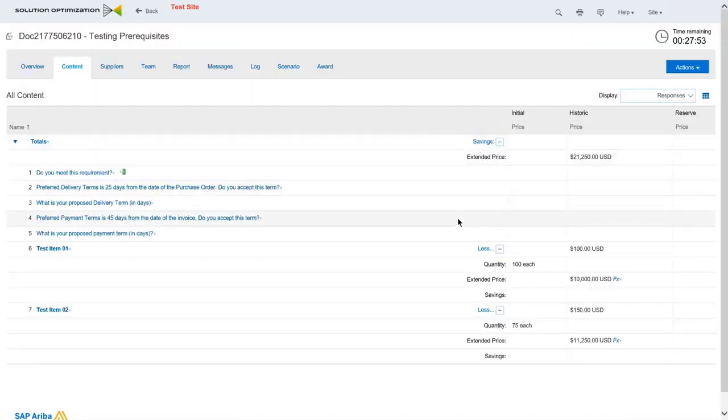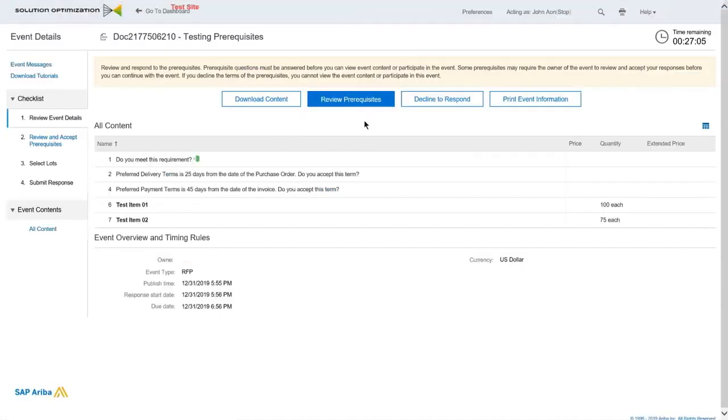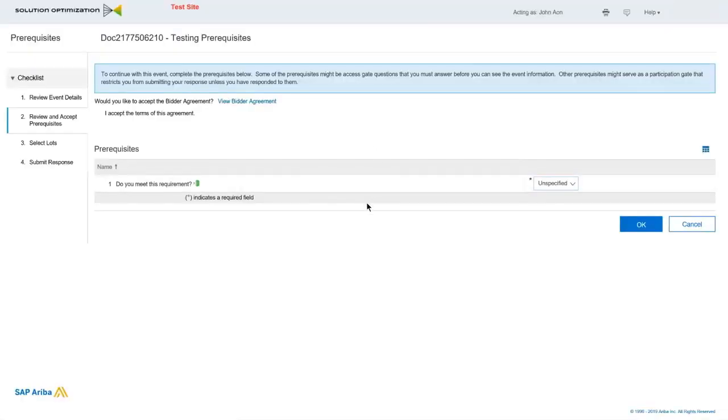Okay, now my event is published and you can see here it's giving me a little icon of a door, which means it's set up as a prerequisite question. Now let's log in as a supplier and see how this works. Okay, so I'm now logged in as a supplier. As a supplier too, I can see the little green door here. So I'm going to do a review prerequisites